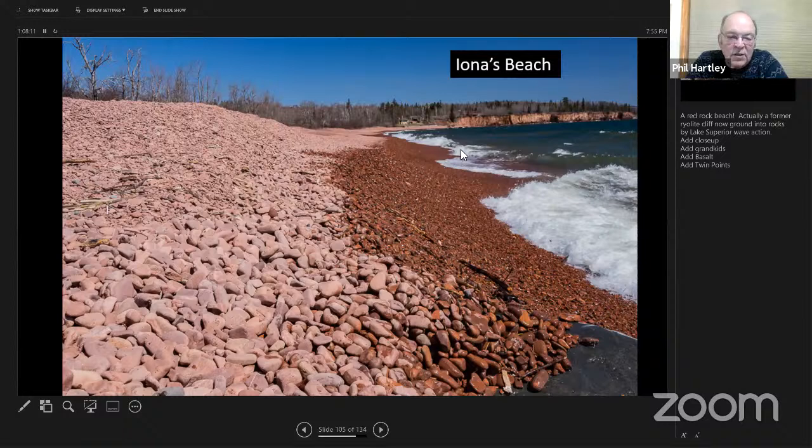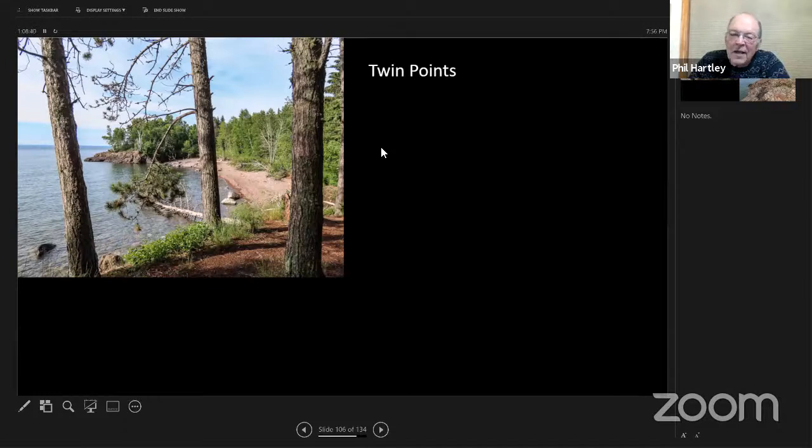This rhyolite's a little softer. This cliff, the lake wore it down, but the rocks in here are trapped because of just the geology here. So they've been worn smooth, and it's a huge beach, and it's quite popular. People like to go there and see how many stones they can skip back out into the lake and things like that. But if you turn around and go back the other way,